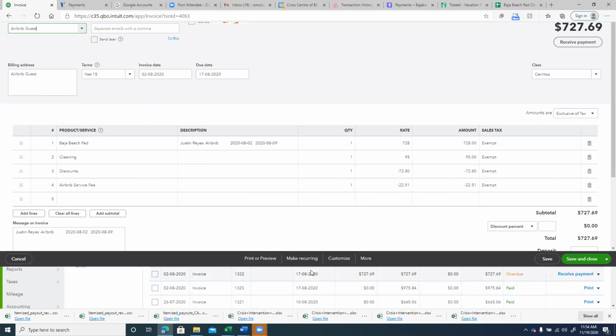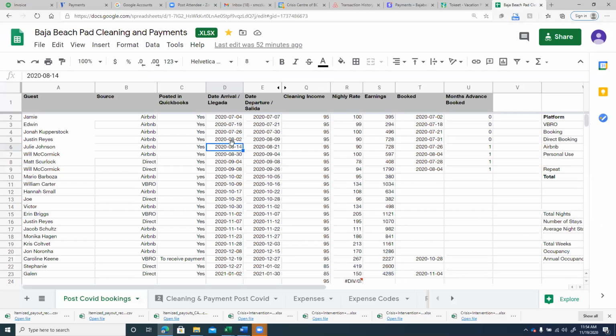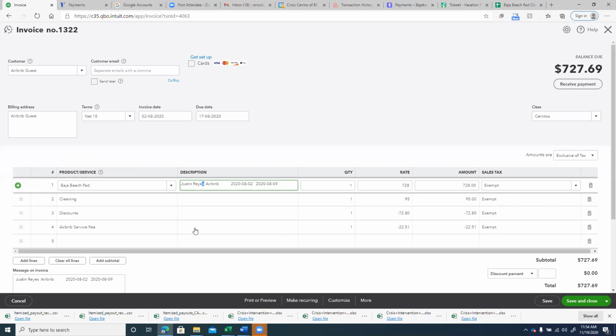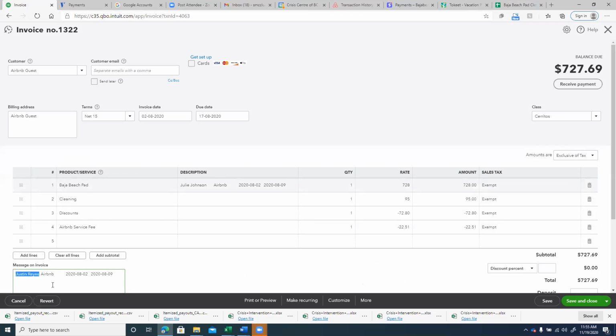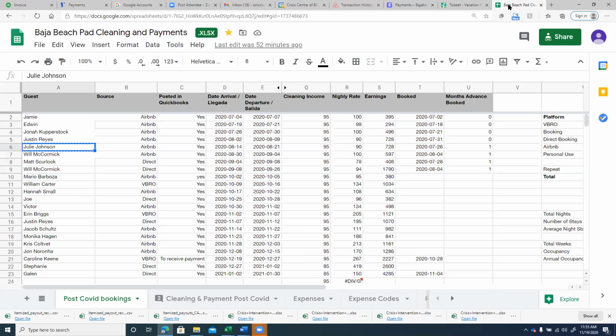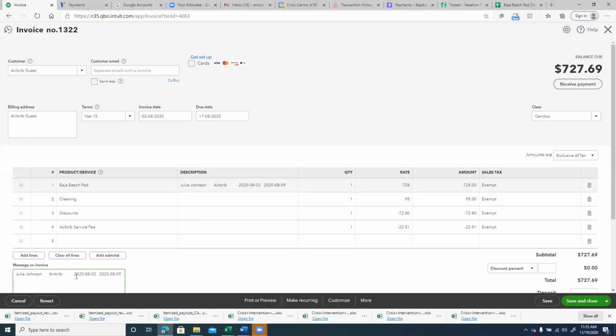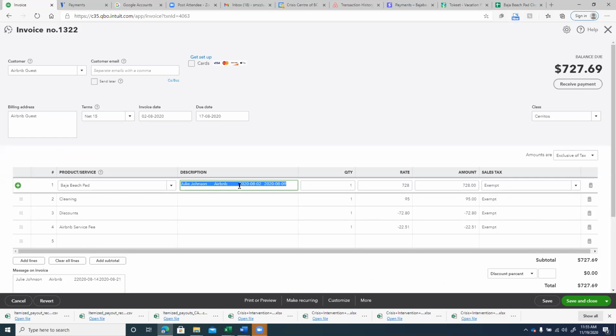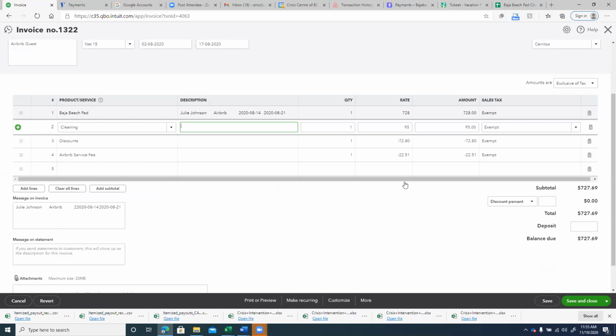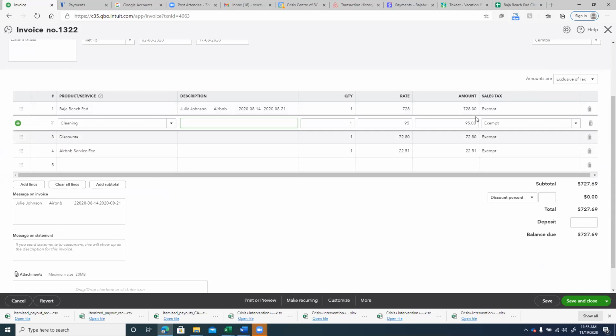So there were two bookings, Julie and Justin, around the same dates for the exact same dollar amount. So I'm just gonna change this a little bit. So this is Julie's. And what we need to do is make this